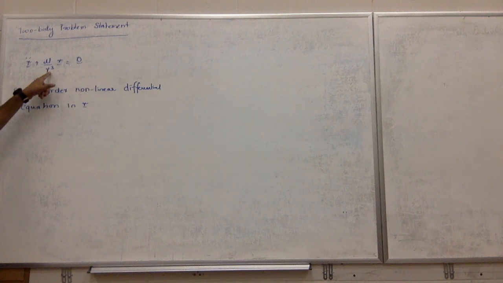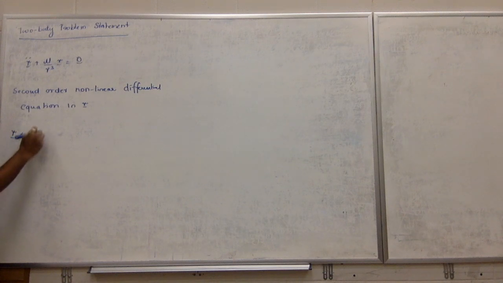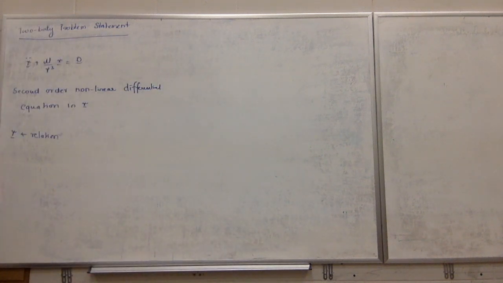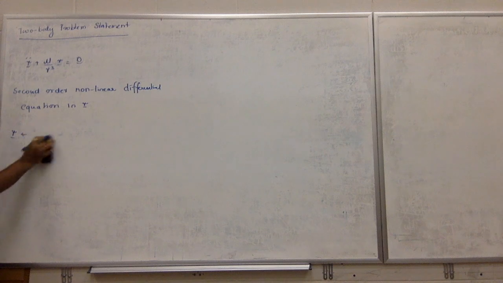It's R cube. So if you plot R versus this equation, you get it. What do you have right there with the R cube? Mu. Here R is the, what is R? Distance between two masses, right? No, it's not distance. What is this R? It's a relative position of